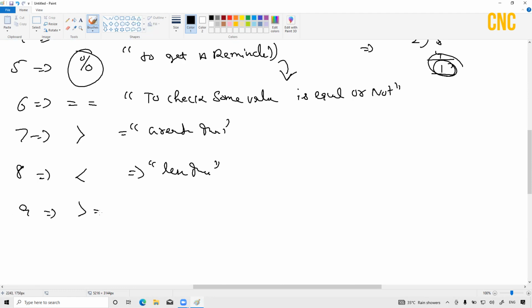We have greater than or equal to, and we have less than or equal to, right? That value is less than or equal to, or greater than or equal to, right? It means the same value or higher, the same value or lower, right? We do have